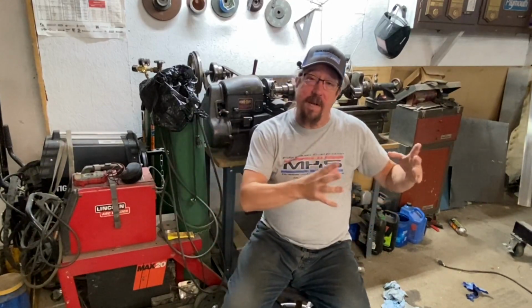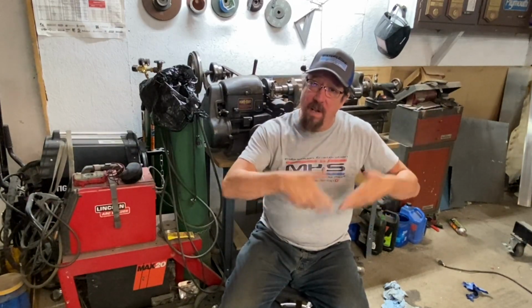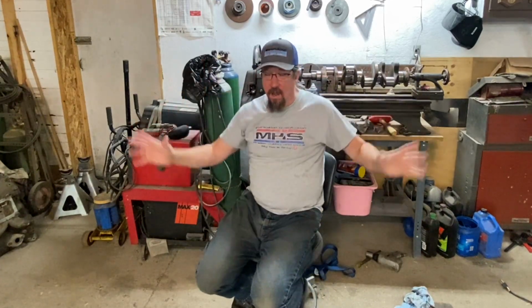You can really compromise that low end throttle response because your airflow isn't what it should be if your carburetor's too big. If it's a really light car with a really high stall converter, you're probably not going to notice that as much. So again, the application does make the difference. There are a lot of factors that affect how air flows. I mean, we have temperature, we have air density, we have humidity, which is part of air density. We have all kinds of things that can make the difference